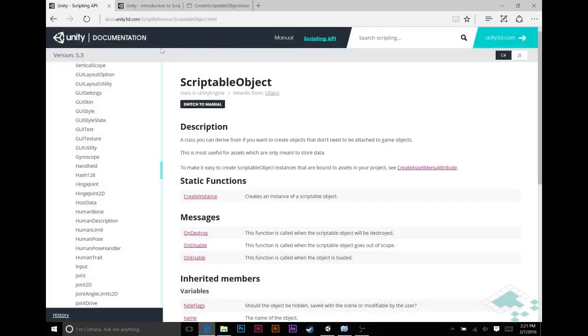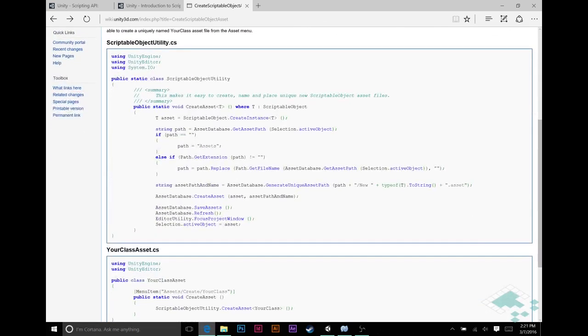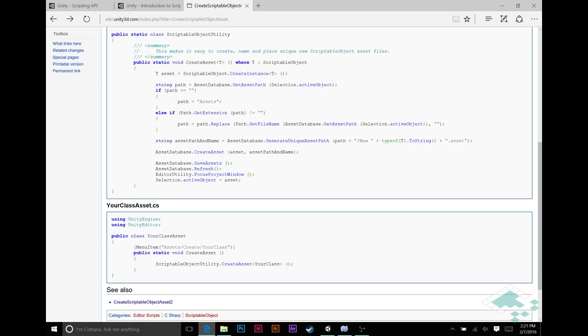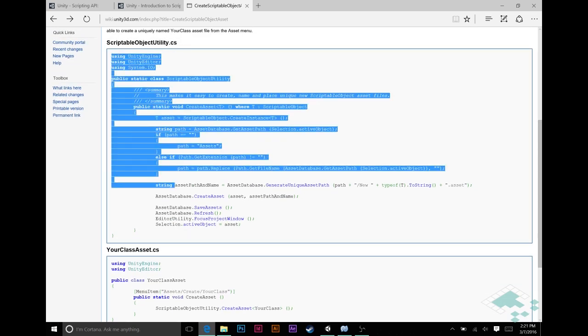If we go online, and just do a Google search for create scriptable object asset, I'll put the link in the description of this video as well. You're going to get this page that has two scripts here. The first one is called ScriptableObject Utility, and the second one is called Your Class Asset. This first one, all you need to do with this, copy it all,